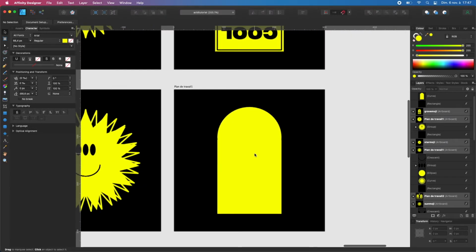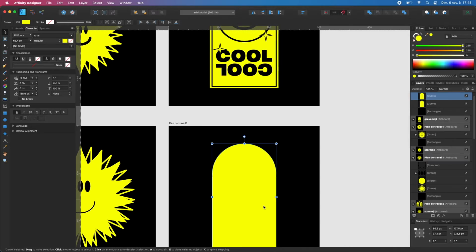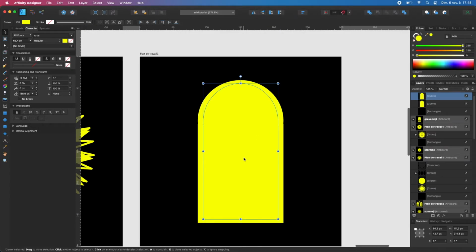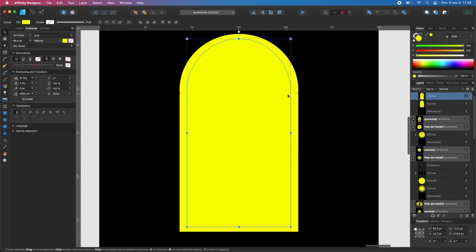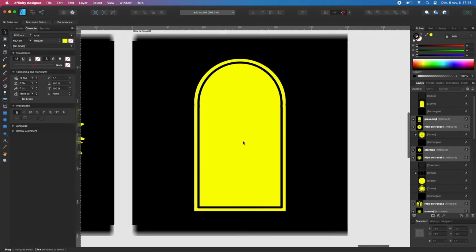Then I will draw the inner stroke. So I copy paste this object. I press Shift and Command. Then I try to do something a little bit smaller with a nice curve. This one, I like this one. I get rid of the color. I add a stroke, and then